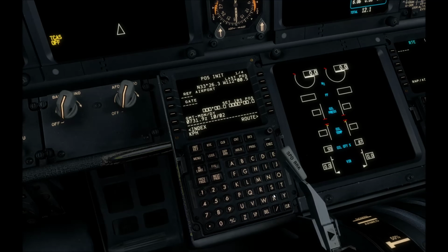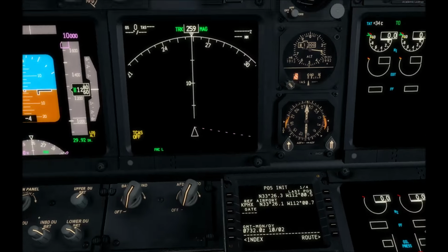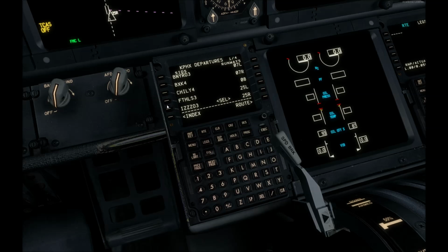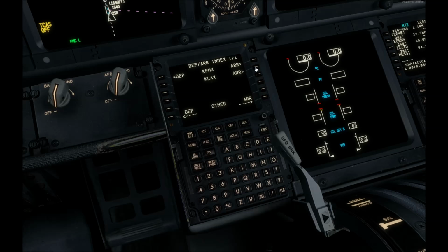We're on the ground at Phoenix. We'll grab our GPS position here to properly align the IRS, which it now is. And our routing, Phoenix to Los Angeles. Delta 1363. Going in the flight number there. Runway for departure is 25 right. Departure is the ISO 3 Messy transition. And the arrival...